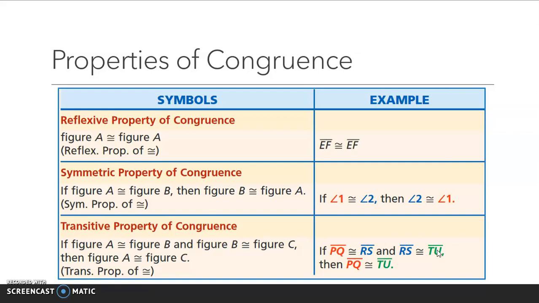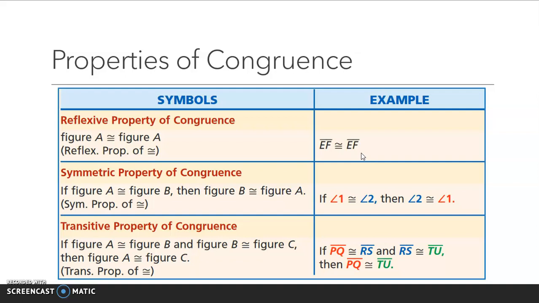Now, if you think about why they don't have addition properties or subtraction properties, it kind of makes sense. Remember, addition and subtraction can only happen with measurements, but measurements are not allowed to be congruent. So there is no addition property of congruence because you can't add figures together, really. I mean, we can have them being congruent to each other, the same shape and the same size, but we can't actually add them together. If you needed to do addition, you would have to change things into being equal first before you could do